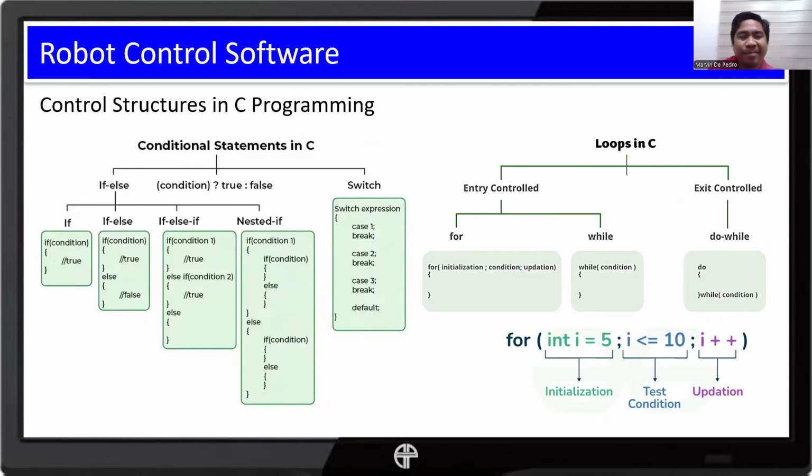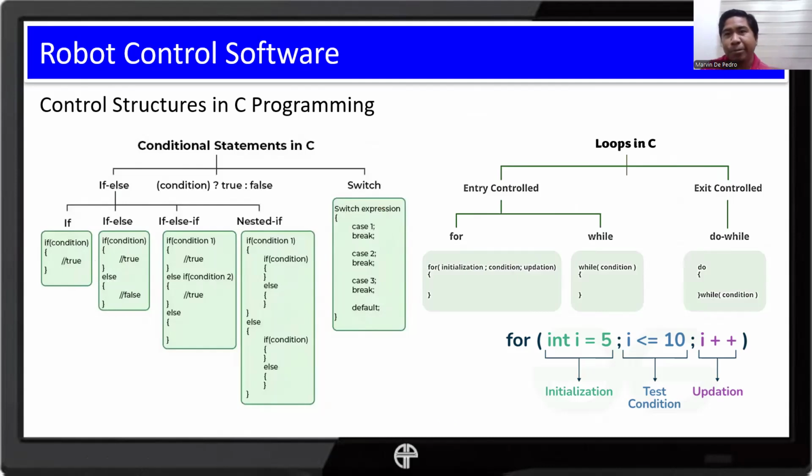As you can see, when we have an if else, we close the body of our if condition, and then we start with the else, and the else also has its own body. That body is composed of one or more statements enclosed in curly braces. We also have the nested if for more complicated algorithms, and sometimes we use the switch statement instead.